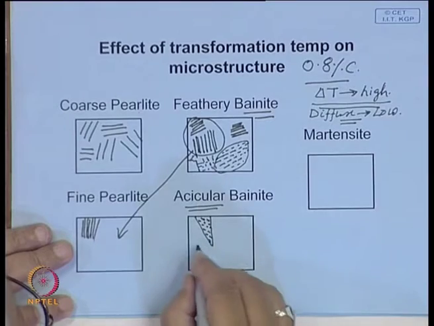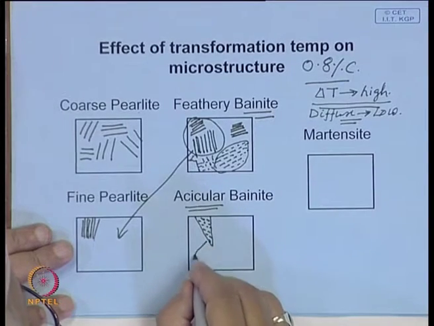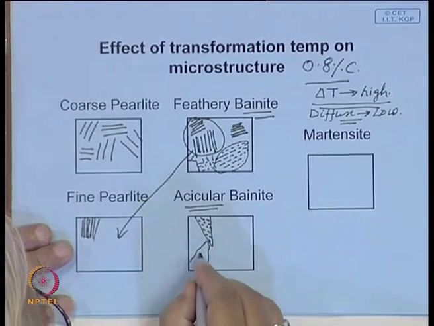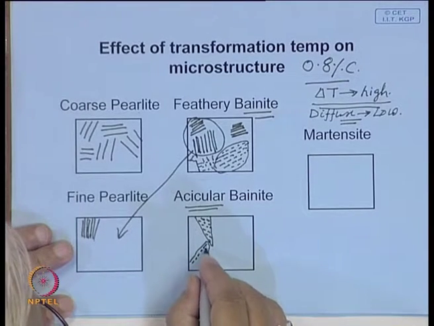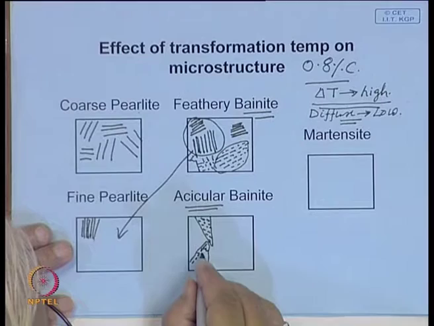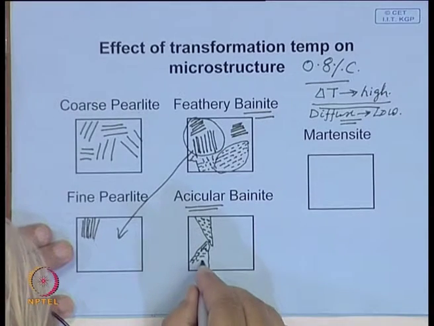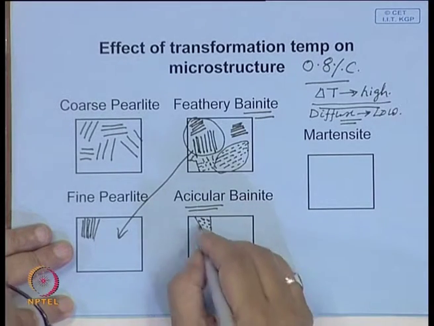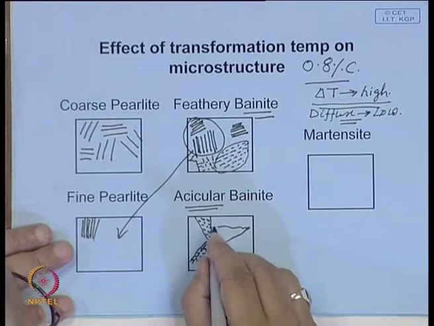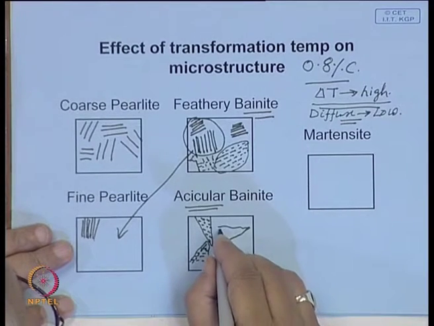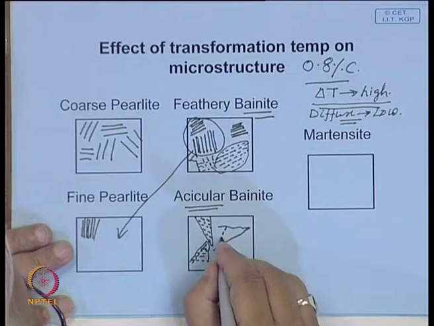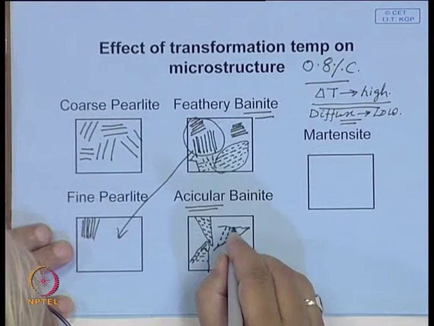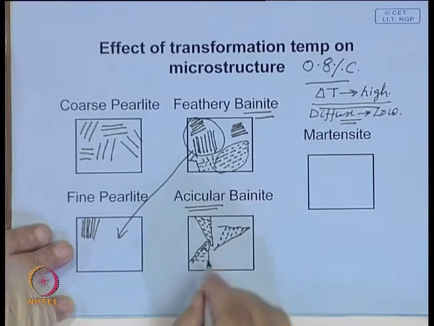So, what you see is some plates of ferrite nucleating, and within this, the carbon atoms form at a particular angle to the direction, which means needle-like. If this is the shape of a ferrite grain, you have this carbide precipitated like this,